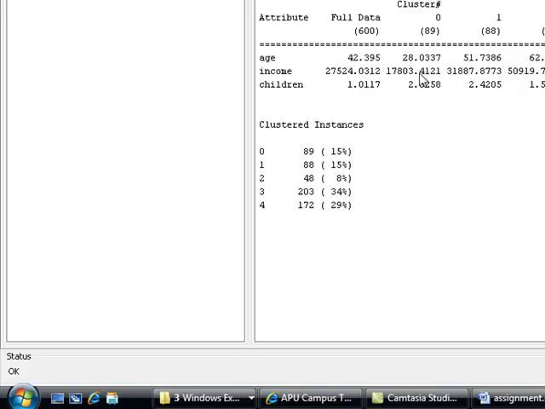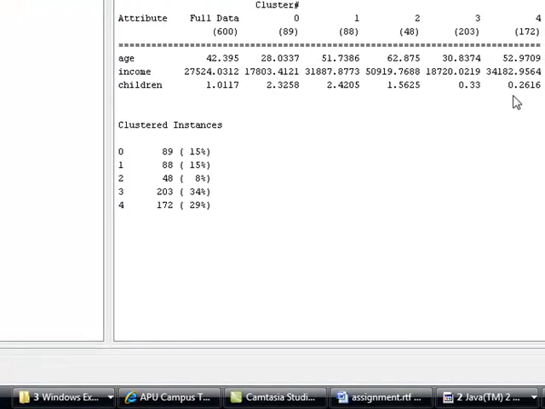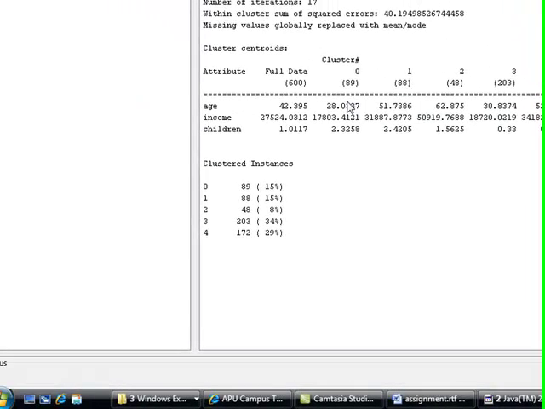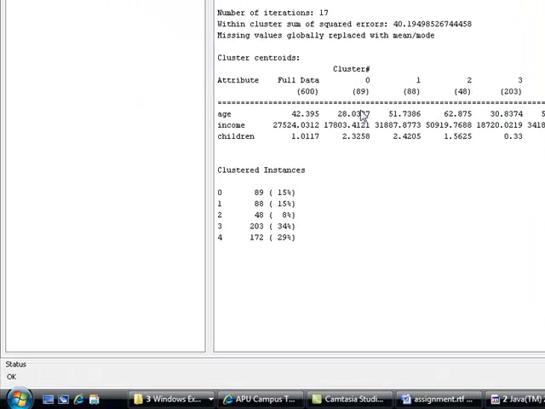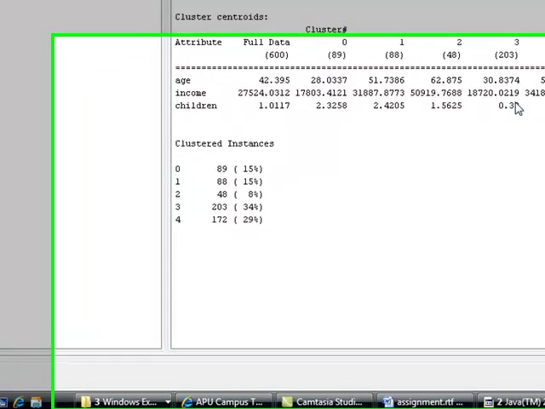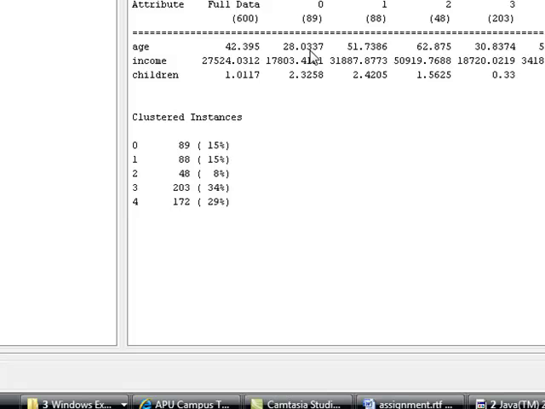17,000, right? So we have 28-year-olds that earn on average $17,000, whereas here we had 30-year-olds. Oh, these are almost the same. This group is not very different than this group, right? Okay, so maybe it wasn't a good idea to break it down into 5. Maybe we should only break it down into 4, right? Maybe we should merge this group and this group because they're really not much different, at least not according to